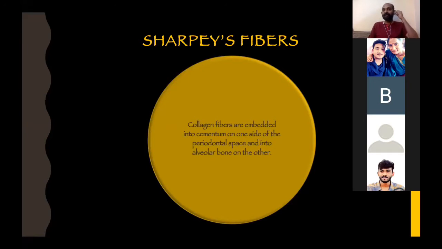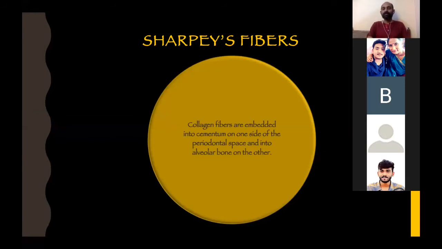Another important difference is that the rest of the periodontal ligament is not calcified. But because these Sharpey's fibers are present within calcified tissue, they can also get calcified. Calcification also happens in Sharpey's fibers. But how this calcification occurs is, if this is a Sharpey's fiber, the calcification occurs at right angles to this Sharpey's fiber, and they can also attach onto the fiber.